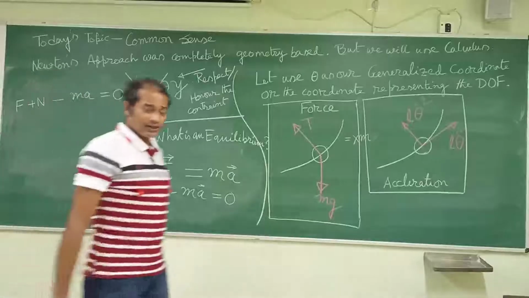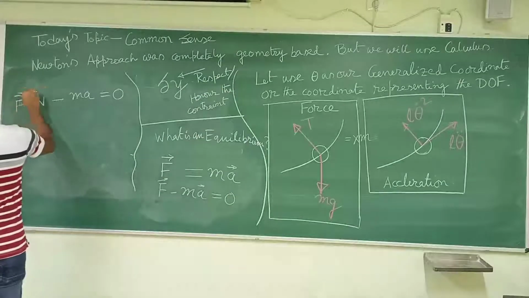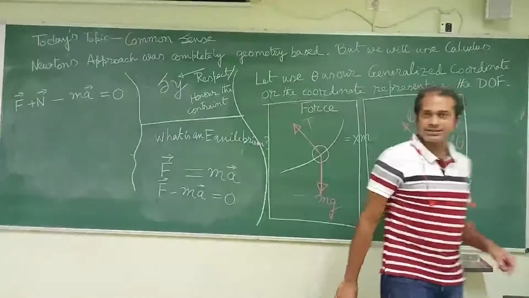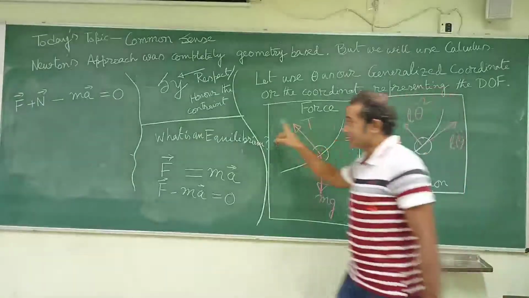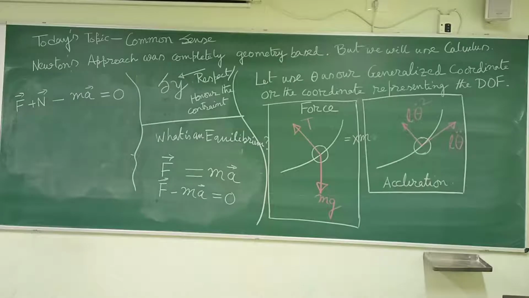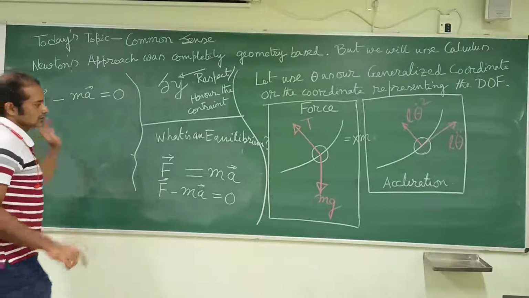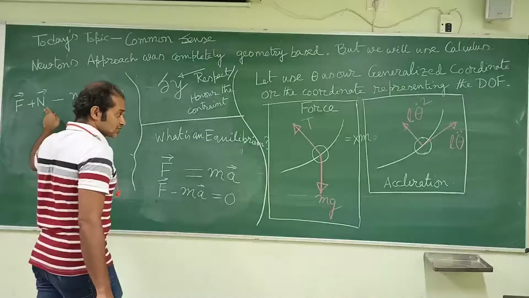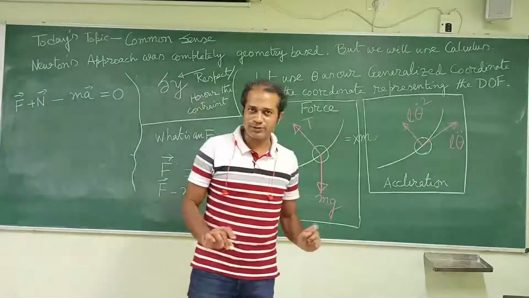This is the general equation of motion. All these are in vector form. Look carefully. This force is what? When you are equating them, you take T, which is represented as an internal term N, right? And this force is the mg external force. The constraint force plus the external force minus m times acceleration is going to be 0.